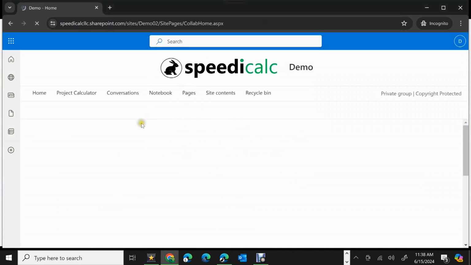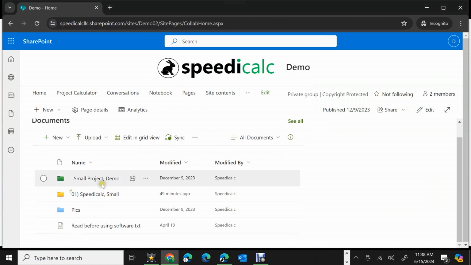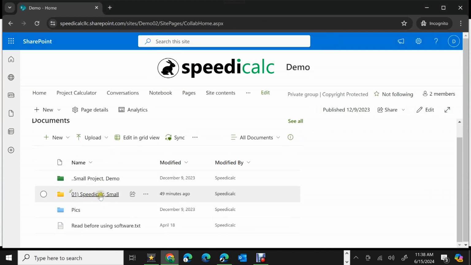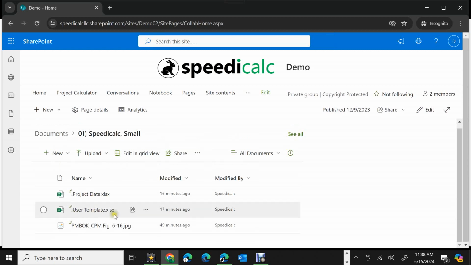Now you'll have all the files that come with your account. You'll see them as you enter your online account. For this we have a demo, a small project and some other files, and the program itself are Excel files. So we have a user template and we have the project data file. If you have larger projects, you'll still have one user template where you can have up to 999 people in the file at once doing updates, and you'll have a project data file, and you'll have multiple main activity files as well. But again, since it's the small one, we just have the project data and the user template